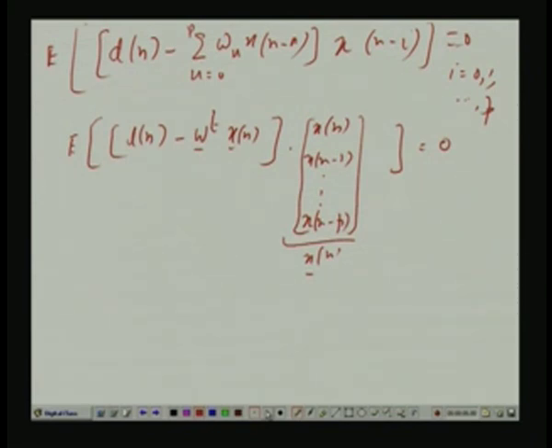I will just do a little manipulation. This is a scalar number, so it does not matter whether I put it on the left hand side or right hand side, because a scalar times a vector means the scalar multiplies each entry of the vector. I put it on the right hand side. Also, w transpose x n is the same as x transpose n w, since A transpose B and B transpose A are the same when A and B are vectors. So I substitute x transpose n w for w transpose x n, and take this entire scalar factor to the right hand side. So what I get is the x n vector multiplied by